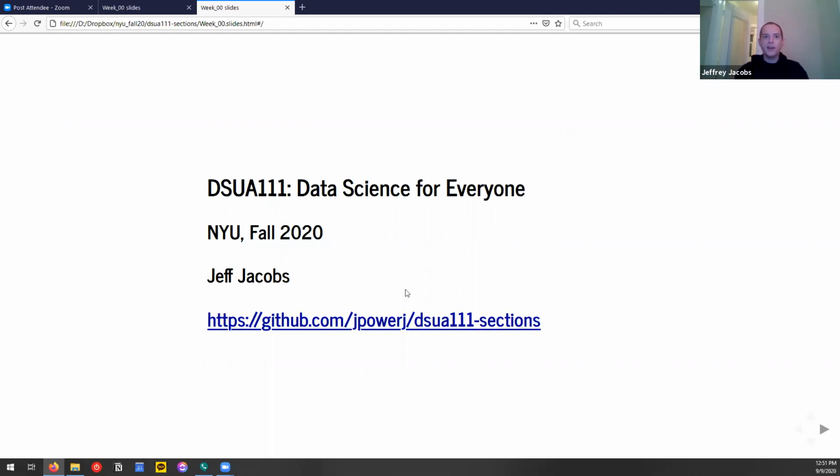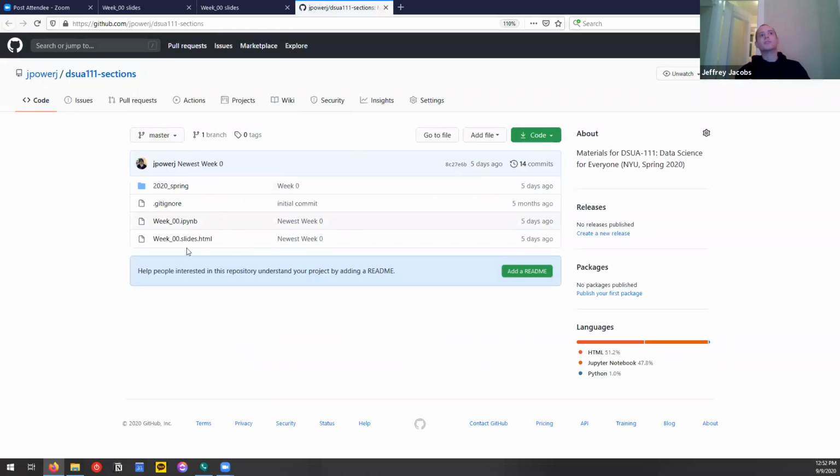It's github.com/jpowerj. That's my GitHub username, and then DSUA111-sections. If you click that, you'll see this, and it looks a little confusing, but for now, just click this